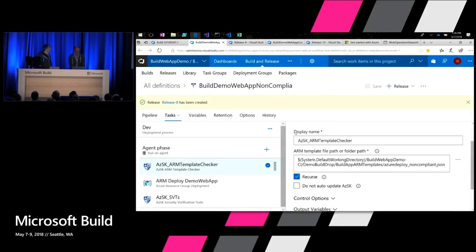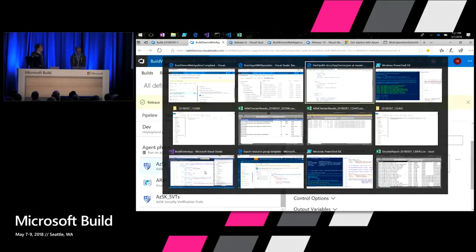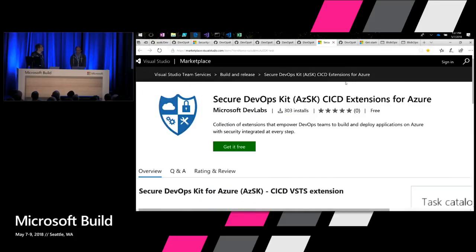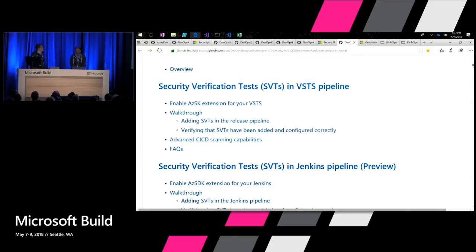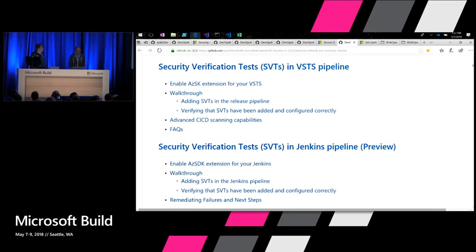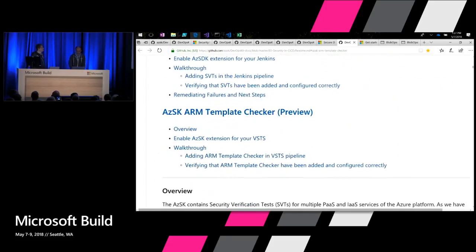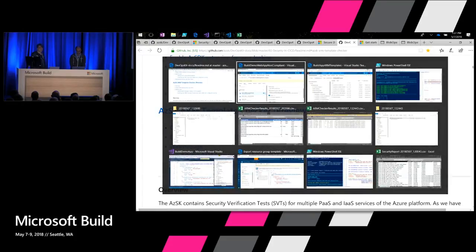Moving on to the release definition here. As you could notice, I also have an extension for ARM template checker. This is the other thing, part of the DevOps toolkit, which is also available on the public gallery, right? So you need to get this extension installed on your VSO instance. Once it is done, you could add this task to your CI/CD pipeline, right? The documentation is again on the same repo. It has detailed documentation about the whole ARM template checker, how it can be used, what all it does, and all that stuff.